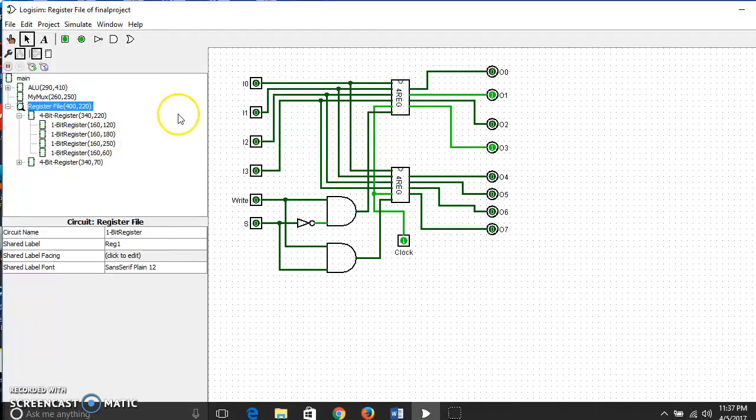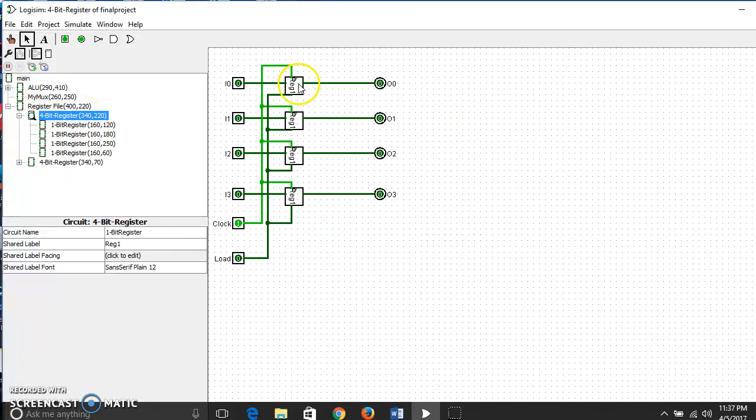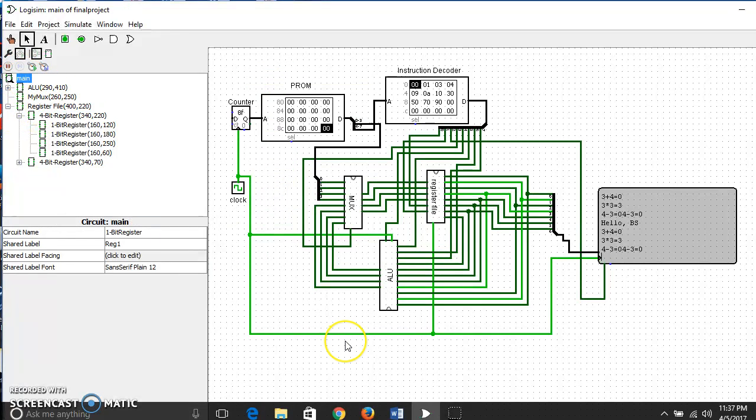Here we have the register file, and the register file consists of, first of all, a 1-bit register, which we talked about previously, which makes the 4-bit register, as you can see here. The first input flows into the register, and the clock is connected to the clock. The load is connected to the load in the 1-bit register, and so on and so forth. So let's go back to our main component here,